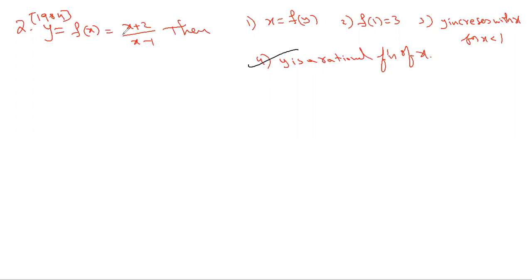Now what we need to find is x equal to f of y. If you write x as the subject, you get the same function. That's what they told, and we need to verify that. And f of 1 is equal to 3 also we need to verify. So let us verify that. How? f of 1 equal to, oh, it is not defined. So it is not defined at 1. But they are given f of 1 is equal to 3. So this is the wrong option definitely.